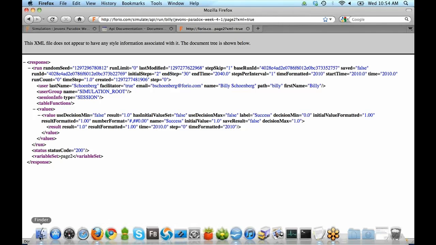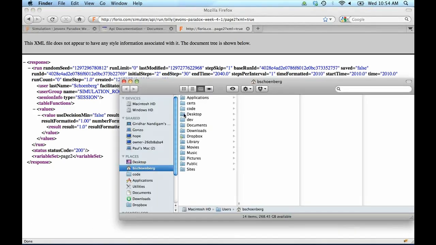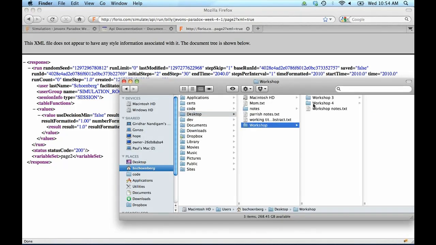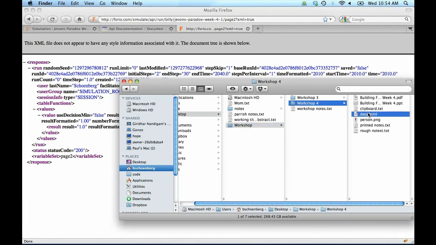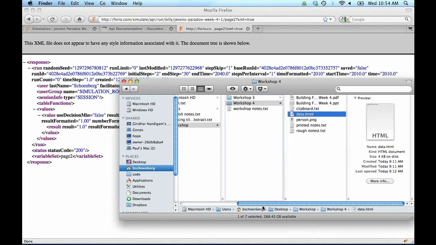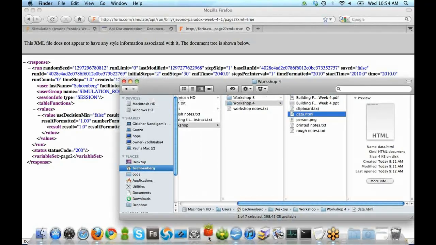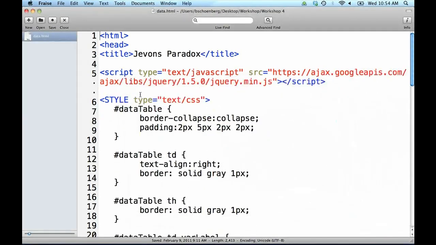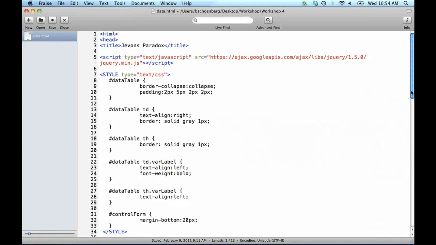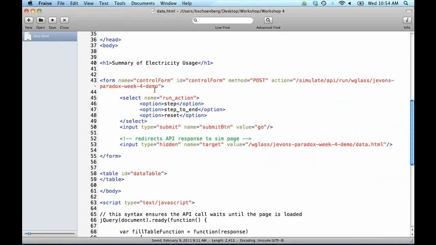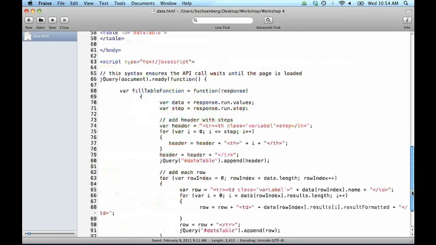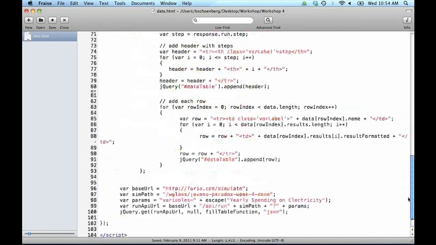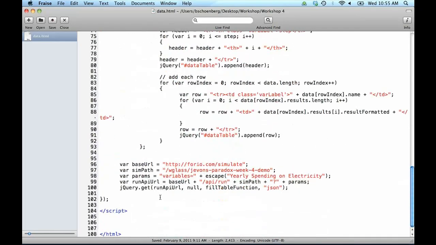What I can also show you is actually a little HTML page that uses them. So if I come here to my desktop, I have inside of the workshop just a simple HTML page, which if I open up inside of my text editor, we can take a look at for a second. So what this does is it talks to the APIs using HTML, and it builds a table of results. So using jQuery, a very popular JavaScript library, we're able to call out to these APIs